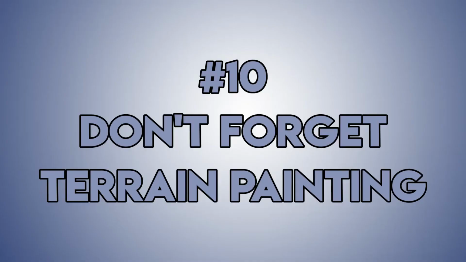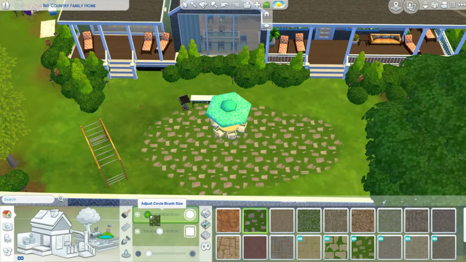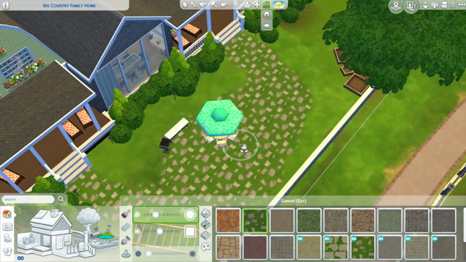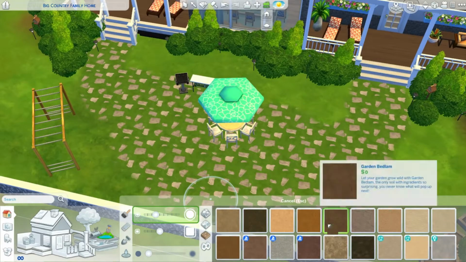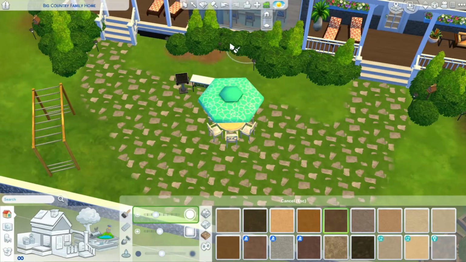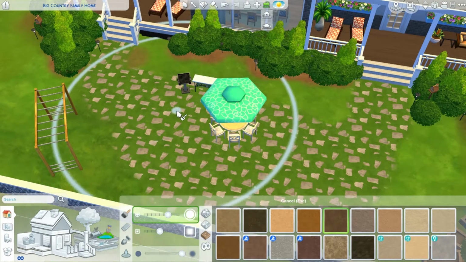Number 10. Don't forget the terrain painting. This final tip is probably the most important. When you're done landscaping, creating tile areas, adding pools, fountains, kids' toys, you need to add terrain painting. There's a neat catalog of different paints and textures that you can use to transform your gardens and make them